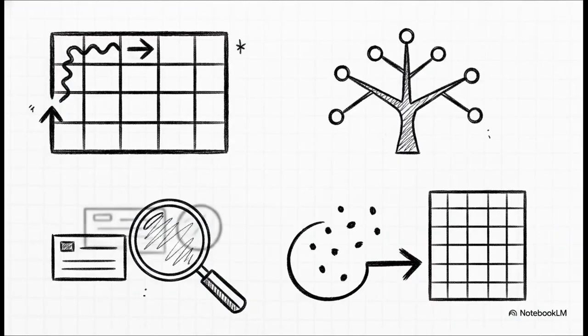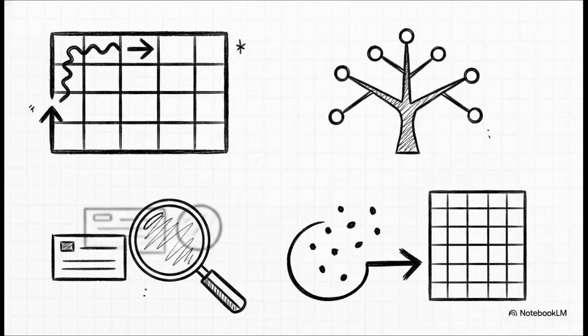When you actually run explain, you're going to see 4 specific scan types that tell you exactly how the execution engine is fetching your rows from the physical disk. A sequential scan means it's reading every single page. An index scan means it's following a B tree. An index-only scan is the absolute best because all your data is right there in the index. It doesn't even need to touch the main table. And finally, a bitmap heap scan collects all the index locations first and then reads the pages physically to minimize